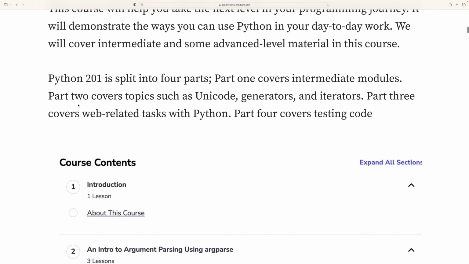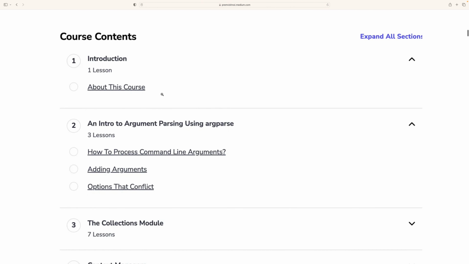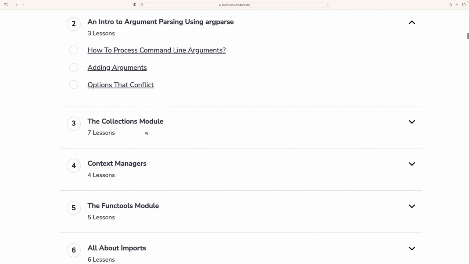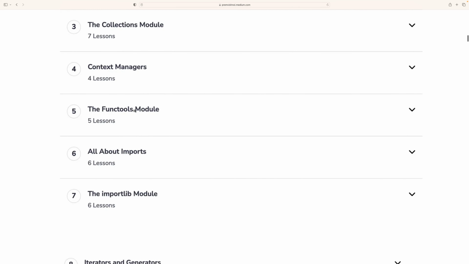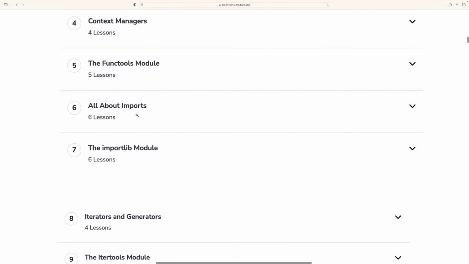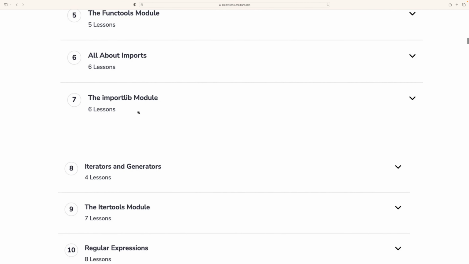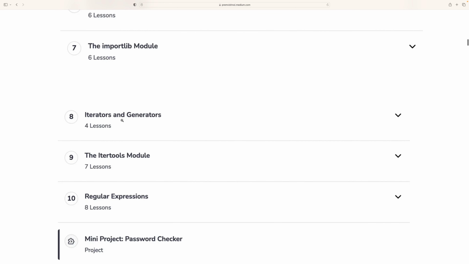The intermediate module covers topics such as Unicode, generators, and iterators. Part 3 of the course covers web-related tasks with Python. So the course will contain an introduction to Python, and then an introduction to argument parsing using argparse, and then we are going to talk about collections, then context, then functools, then all about the imports module, iterators and